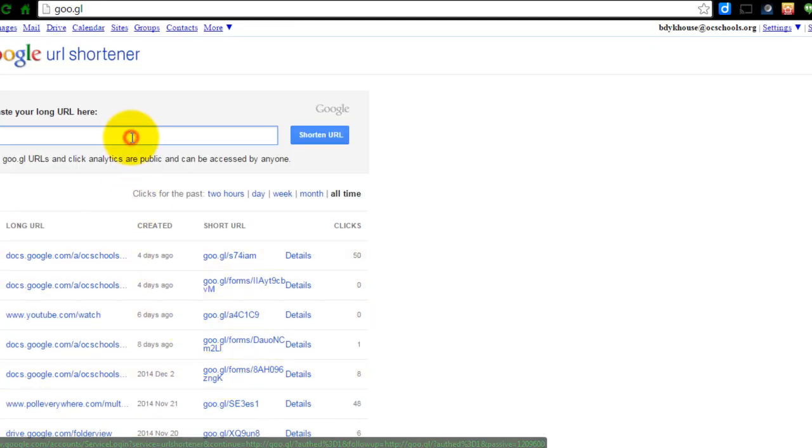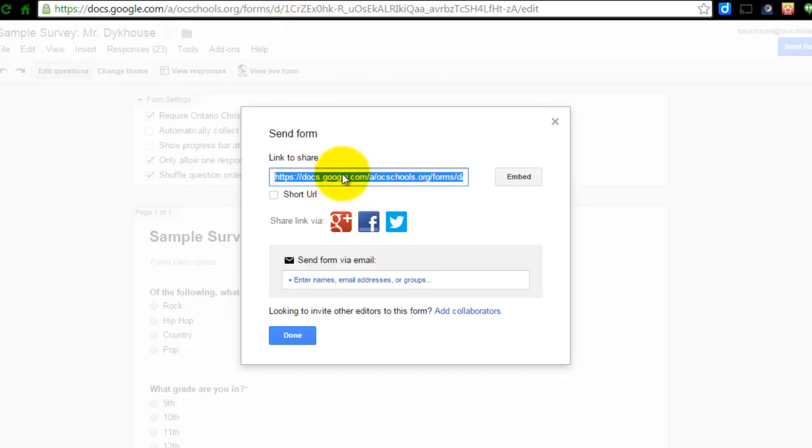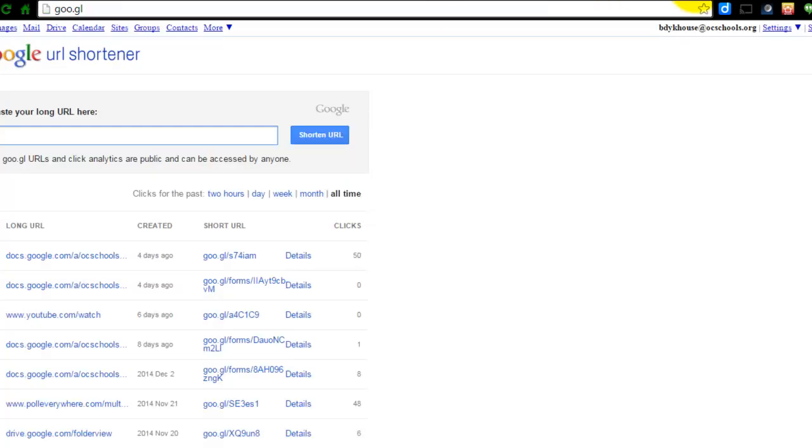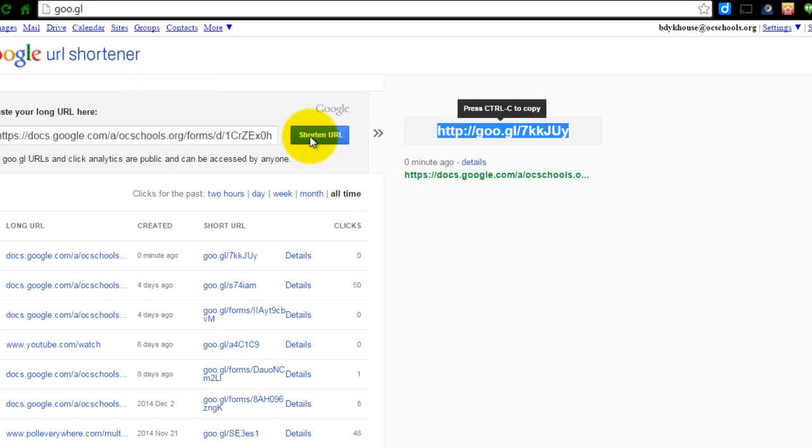And so I need to go get that same link I used to generate the QR code, which is right here on my form. I'm going to copy that again. And then I'm going to go back to the Google URL shortener, goo.gl, and I'm going to paste it here. And then I'm going to click on Shorten URL. And I have a nice clean URL that somebody can easily type in. There we go, I copied that. I'm going to go back to my handout,